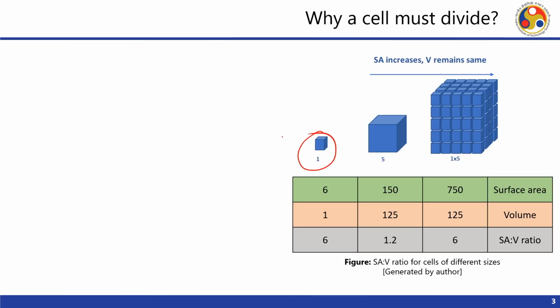And again, before answering that question, try to look into this small cube with 1 unit dimension, length, breadth and height. So, its volume will be 1 cubic unit, as you can understand, 1 into 1 into 1. Now, it has 6 faces. So, the area of one face is 1 into 1 is equal to 1 square. So, it has a total of around 6 unit square area, surface area.